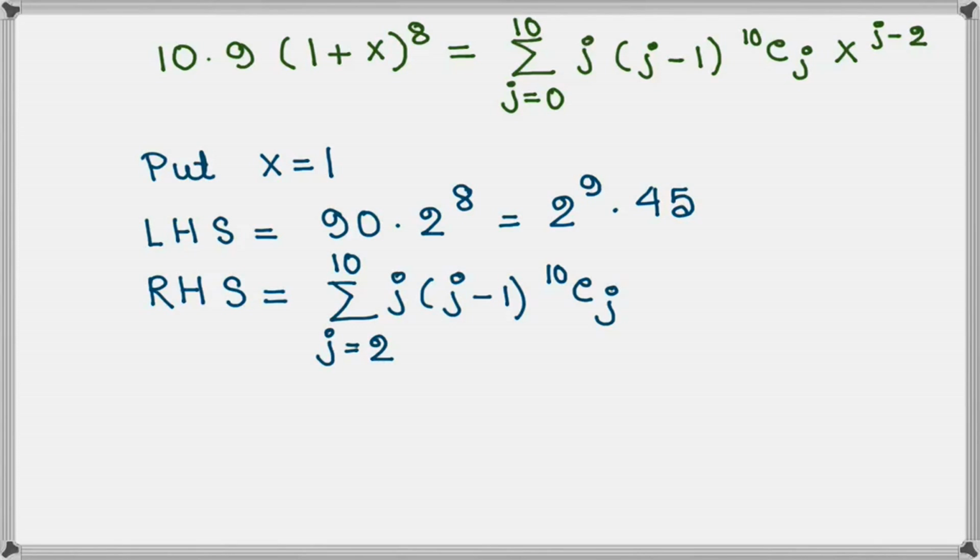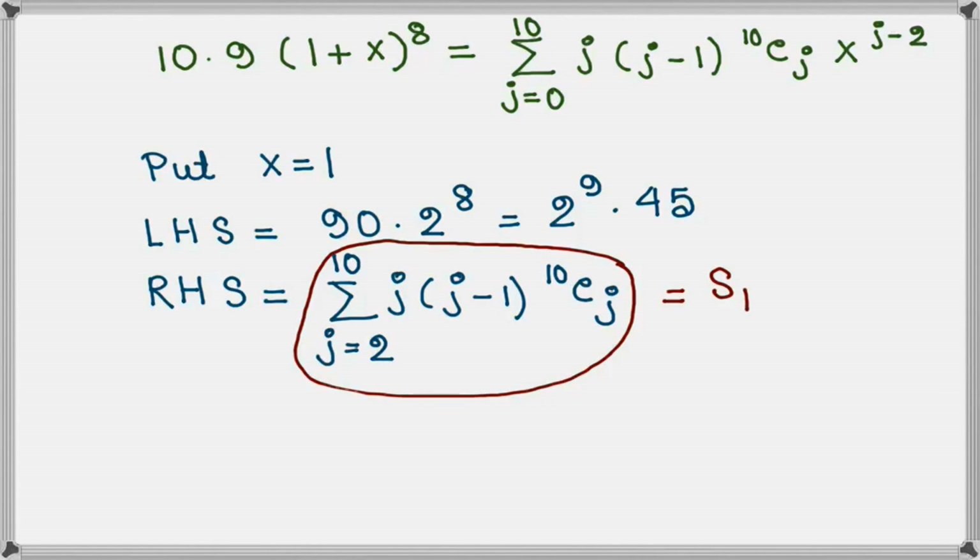One can note that this is nothing but the sum S1. So we have found that the value of the sum S1 is equal to 2^9 into 45,